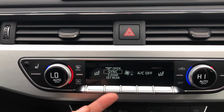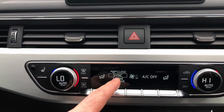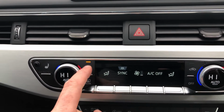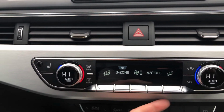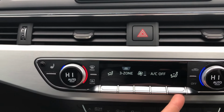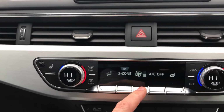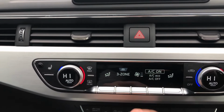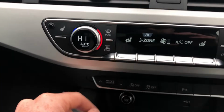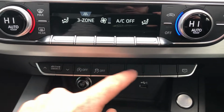So I can change the temperature to all the same. I can open up all these air vents. I can also do the rear temperature as well. Max front screen, max rear screen, and of course I can change where the air is directed for both passenger and driver using this button just here. I can change the fan severity just here, and I can turn the aircon off if I want by pressing that button just there. Now moving down, you've got Audi Drive Select, you've got auto start stop, traction control, audible parking sensors,